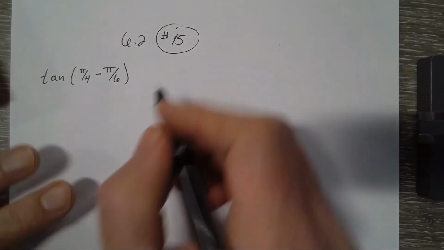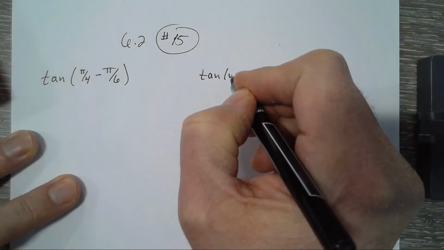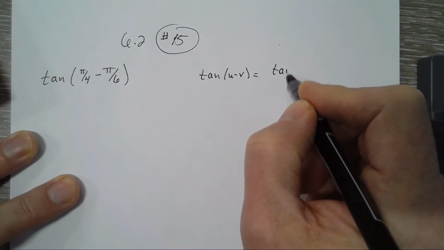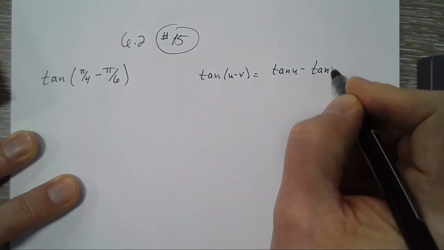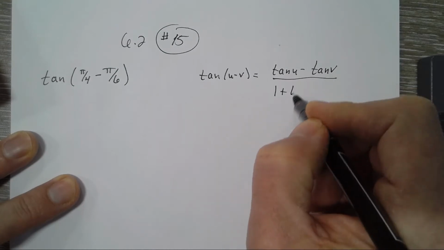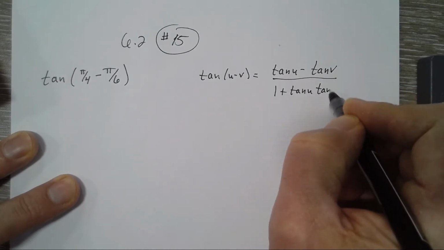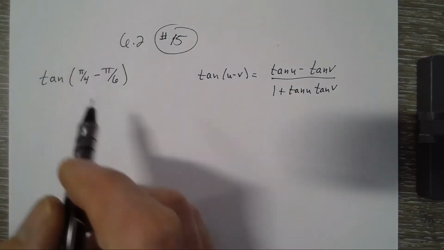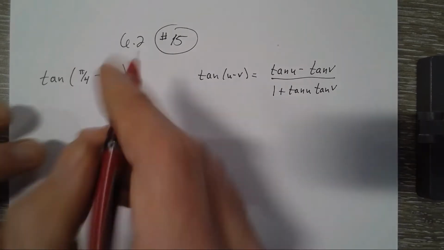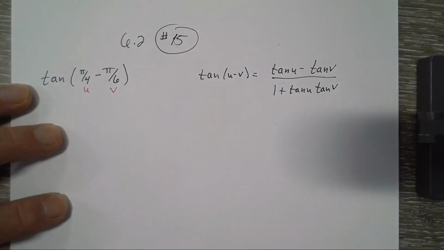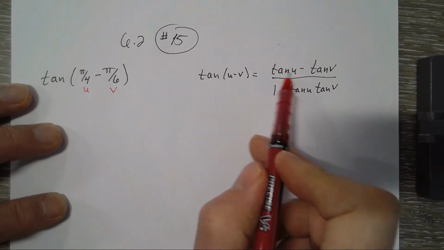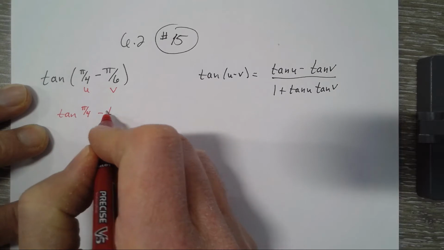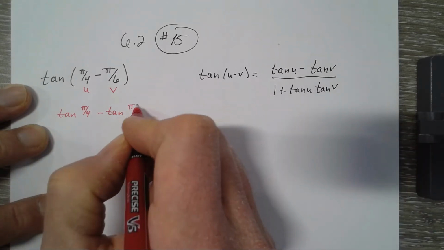So tangent of u minus v is tangent u minus tangent v over 1 plus tangent u tangent v. Okay, there's our identity. So our u here is pi over 4 and our v is pi over 6. So that's tangent of pi over 4 minus tangent of pi over 6, over